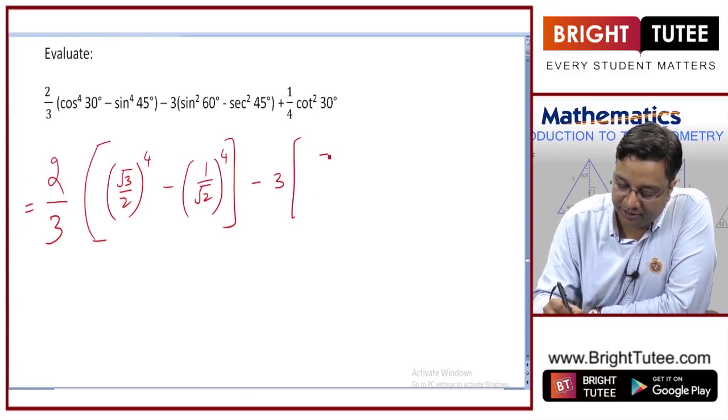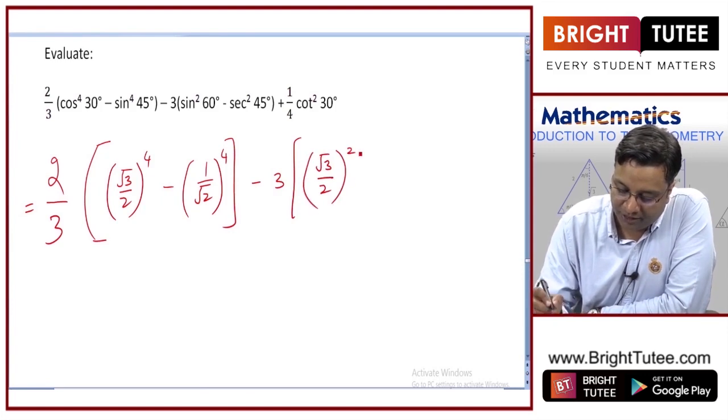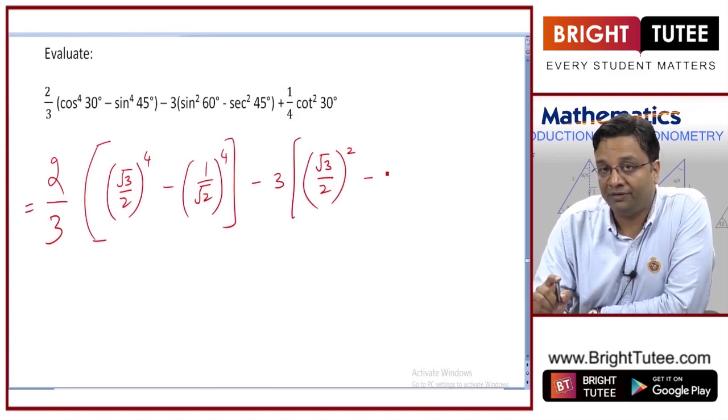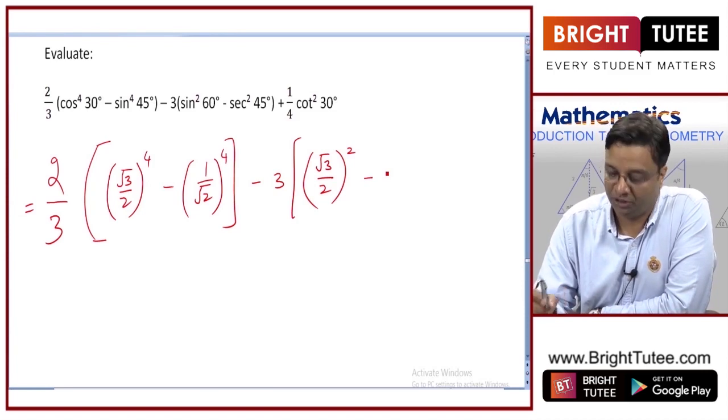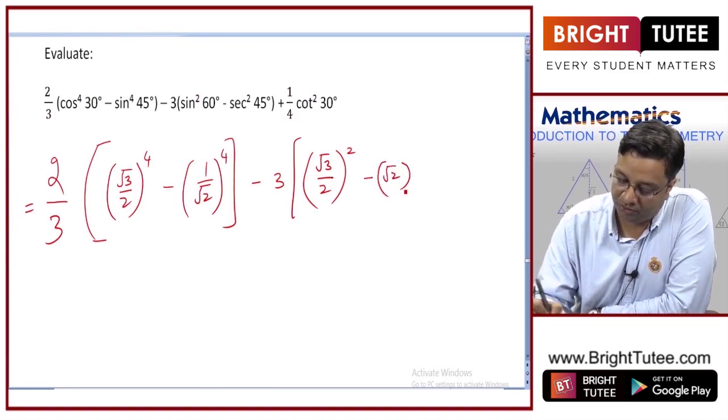What is sin 60? Root 3 by 2 squared. What is secant 45? You know the cos 45 degrees value? It is 1 by root 2. So secant 45 is root 2. So root 2 squared